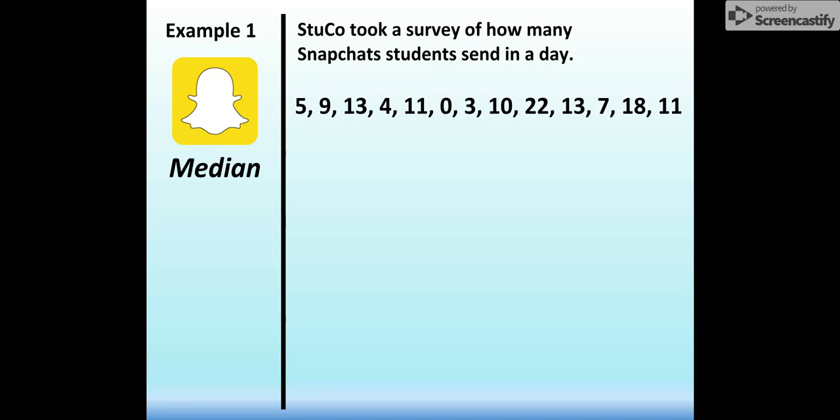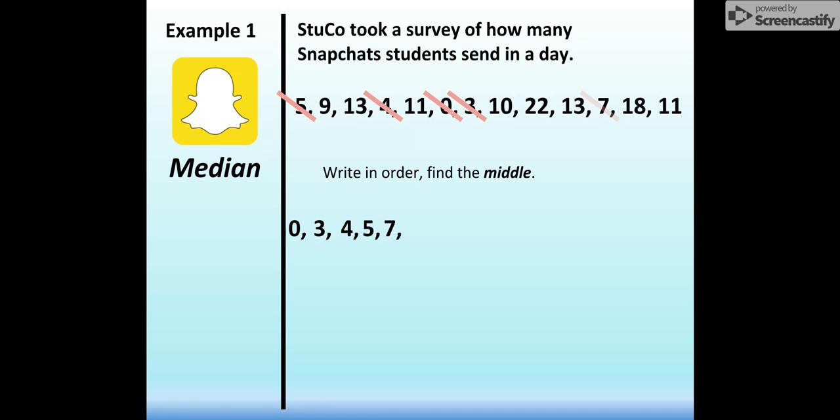The median, middle number. So we have to take all of these numbers and put them in order from the smallest to the largest before we can find out which one is in the middle. Don't forget, after you write a number down, mark it off. Looks like we're going to start with 0. 3, 4,